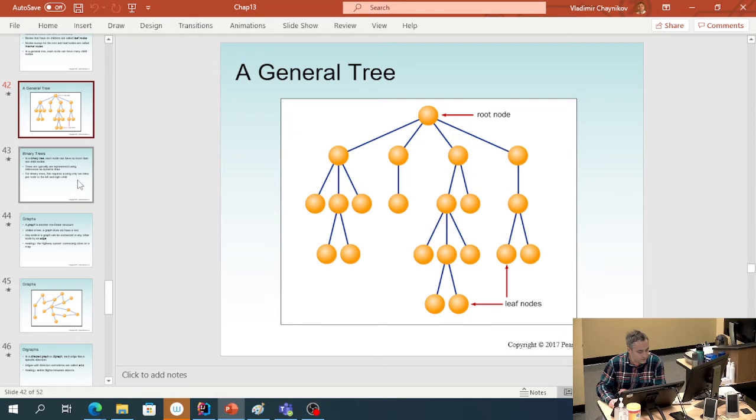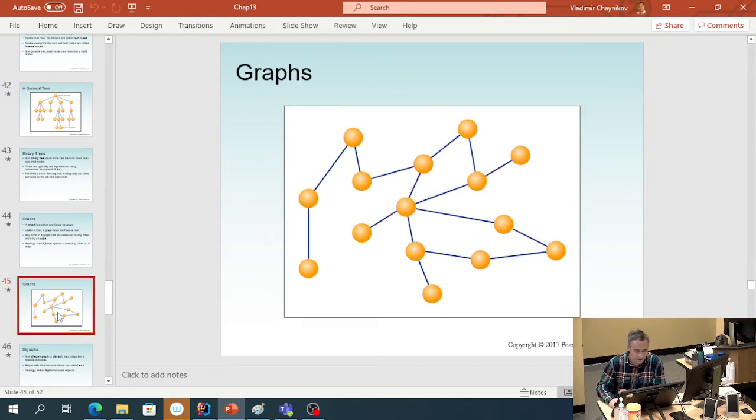More general than the trees are graphs. Graphs are allowed to have a cycle. Like you can go in this cycle forever, walk around this path forever. And